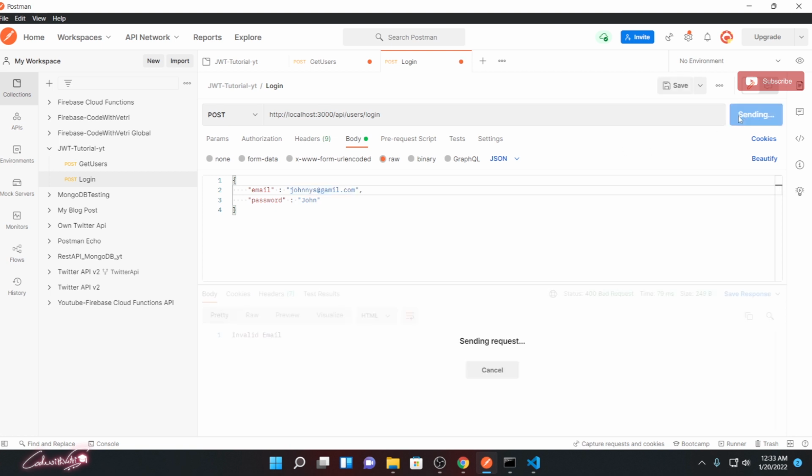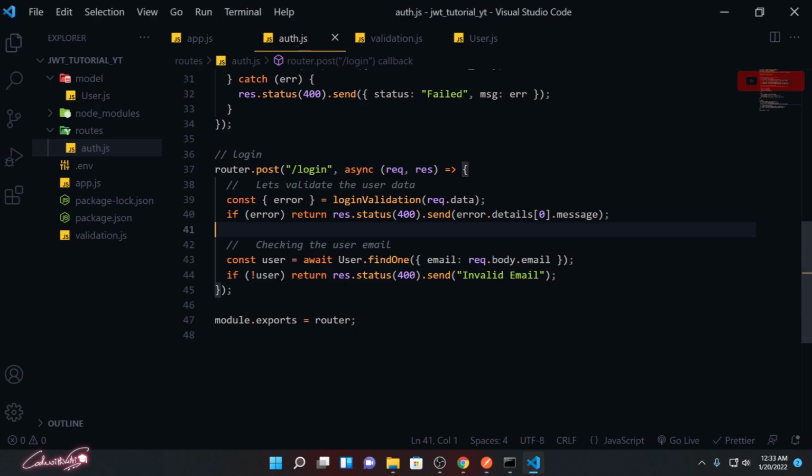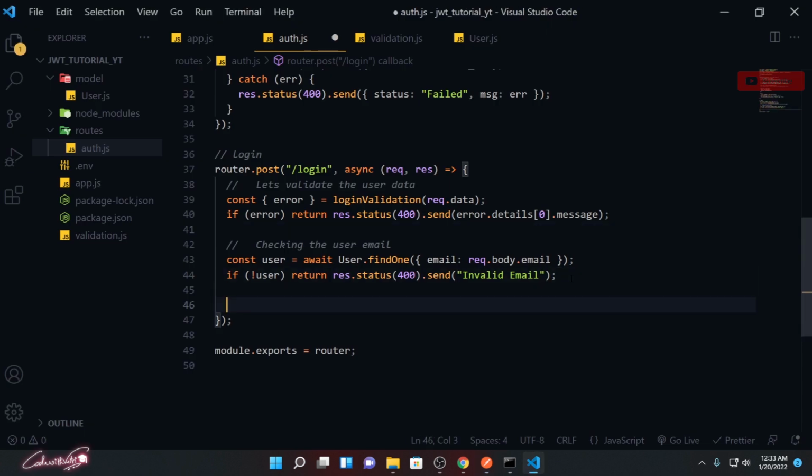If I send a wrong email, look at that, it's working. My bad, I failed to send a wrong email. That's why it's not working. If I send Johnny@gmail, the email is there, so it's correct, and if it is correct we are not sending anything. That's why it's showing nothing. Okay, so our email is working fine.